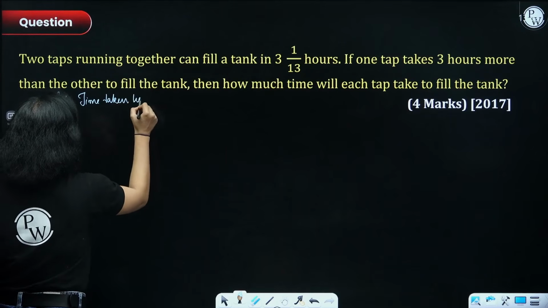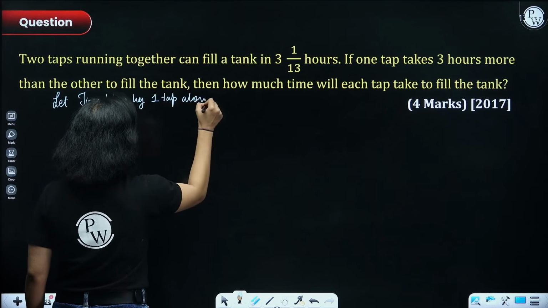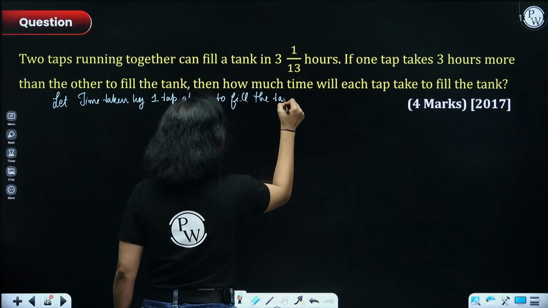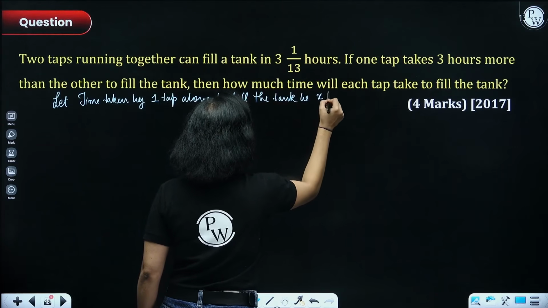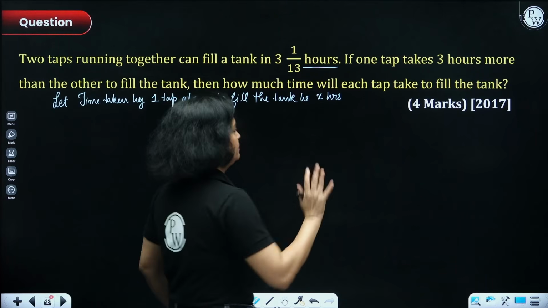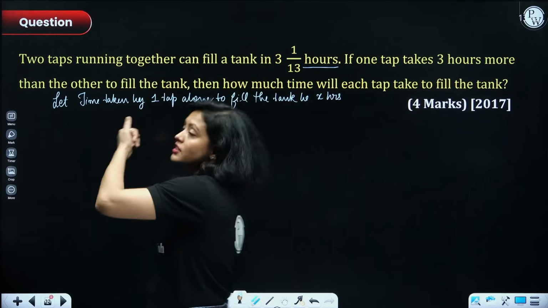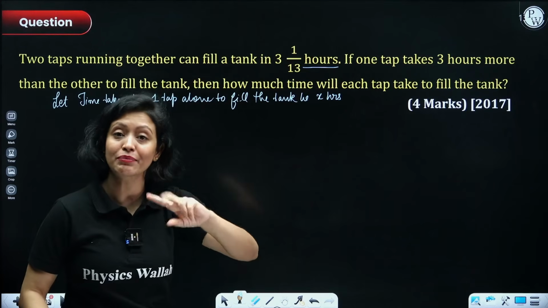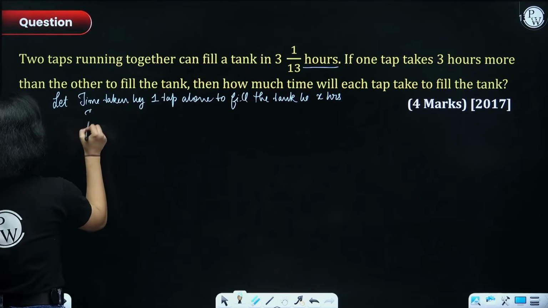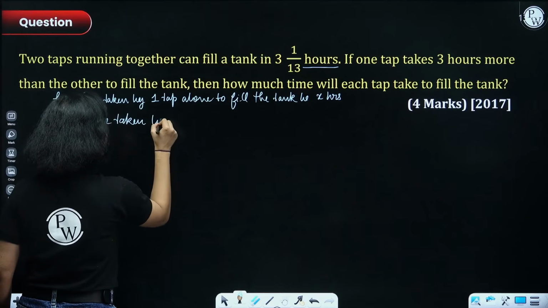by one tap alone to fill the tank be x hours. Why did I take hours? Because here the time is given in hours. Okay? Now, they have already given that if one tap takes 3 hours more than the other, so they have given a relationship between the time periods for both the taps. Okay? So if one tap takes x hours, then the time taken by the second tap